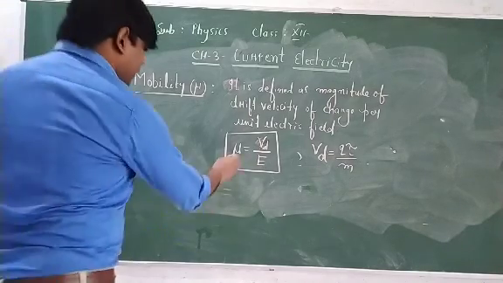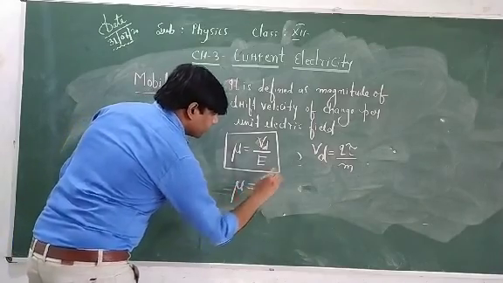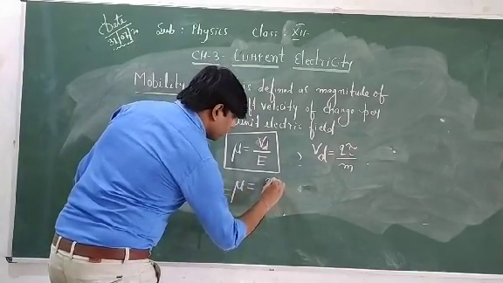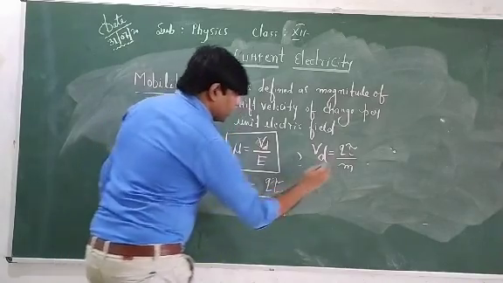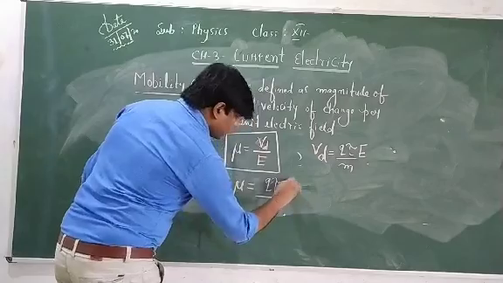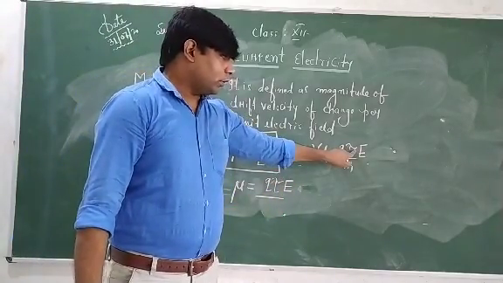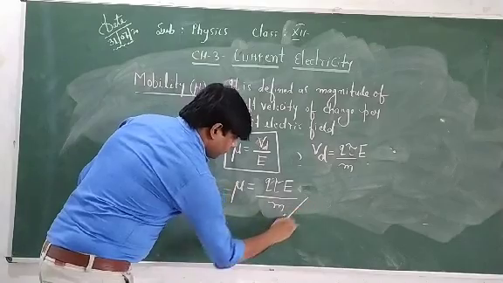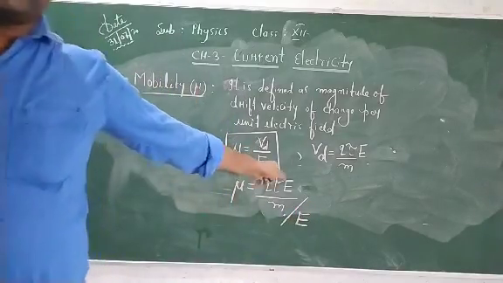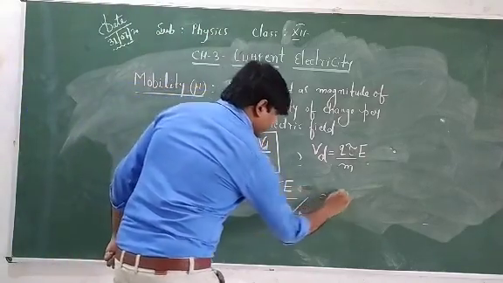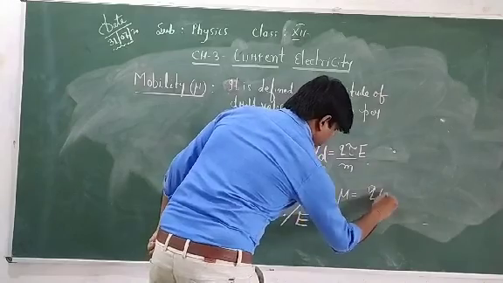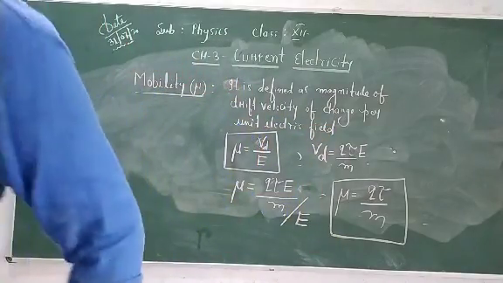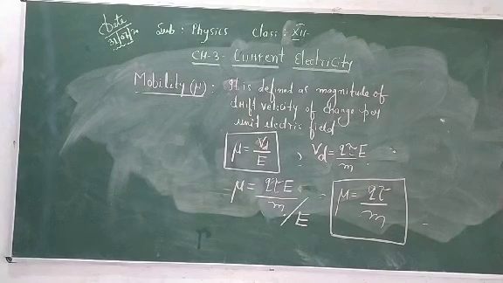Just substituting the value of Vd, with the charge, relaxation time and electric field, we get mobility as charge multiplied by relaxation time divided by mass. Now see,